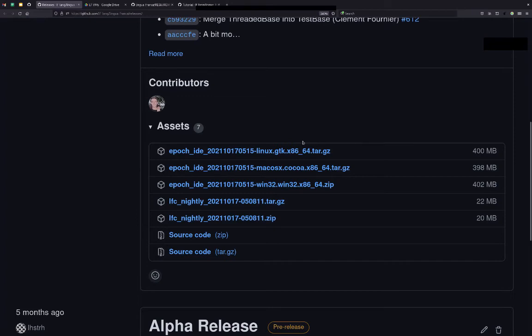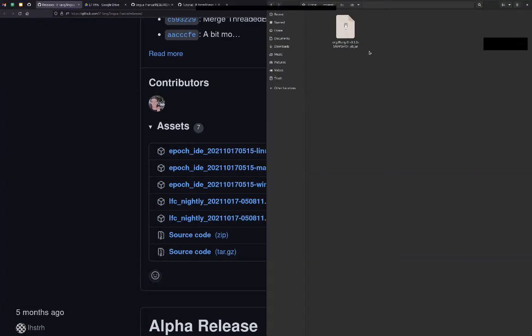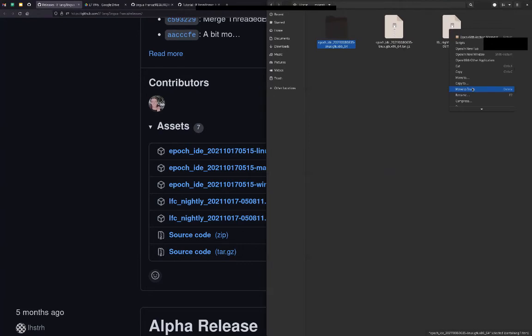I've already done this on my system, and I have put them in a directory called ESWeek. Let me delete these. So the first step is to extract them. And now we have these two new directories.